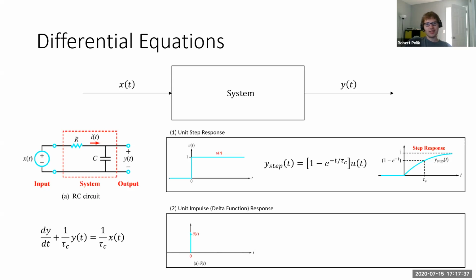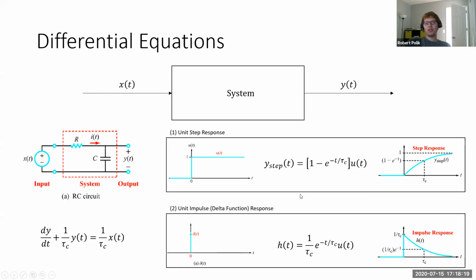It's weird. It's tough to say. So if you do the math, the step response initially starts up high and then it works its way down. And so you may notice that the relationship between this step and this response right here is that this is the derivative of this. So if you take the derivative of this, you pull this minus 1 over tau c out to the front, multiplied by this negative right here, and you have 1 over tau c times what you have right here. So you'll notice the derivative of the unit step function is the unit impulse function.